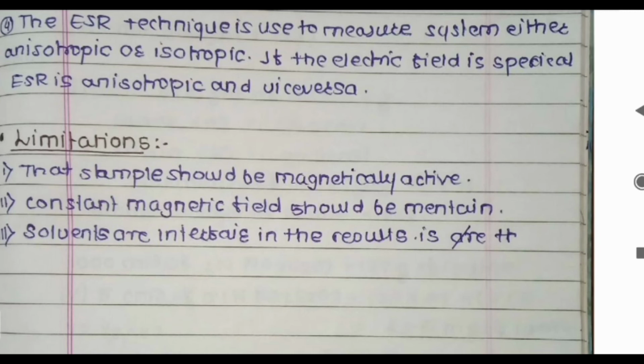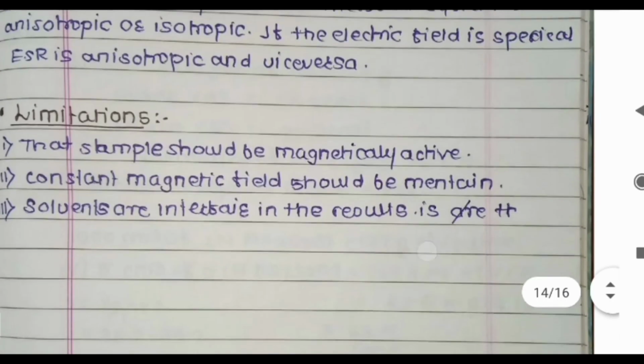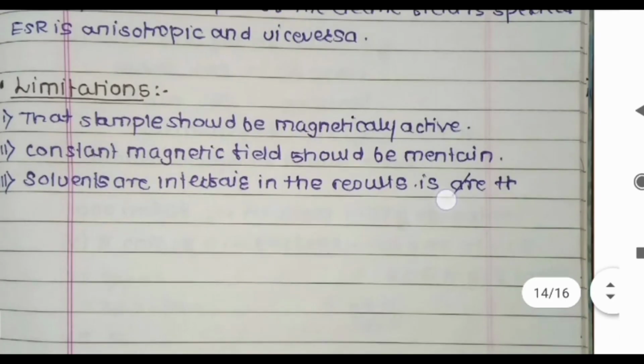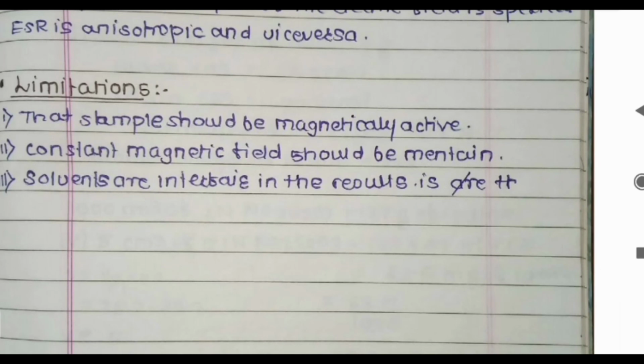So this is where our spectral methods unit two is over. In these techniques we have seen the arc and spark sources and the plasma sources. In the main section we have seen the plasma sources, and within that we have seen the arc and spark sources. Then next we have seen Mossbauer spectroscopy, and last is ESR spectroscopy. All of these three spectroscopic techniques have equal weightage. Okay, in the exam all of these three techniques have equal weightage.